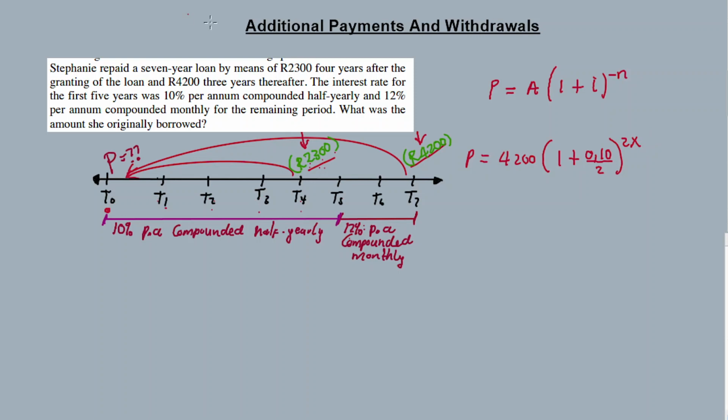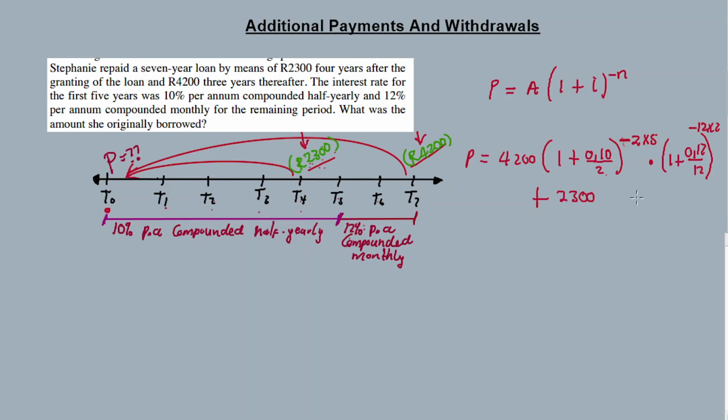It should be negative here. It should be minus. Since we are moving backwards, it's negative, so it's 2 times 5, the interest rate we have is 12%. 1 plus 0.12 over monthly, that's 12, so it's 2 years, so negative 12 times 2, plus now this 2,300 rand I add into the loan, because I'm repaying with it, so I add here, not subtract.